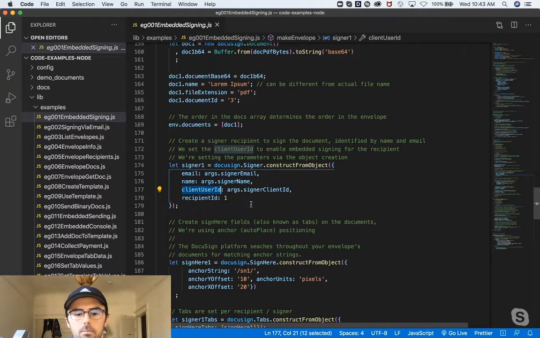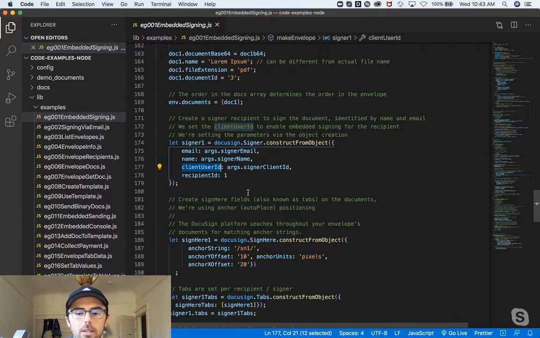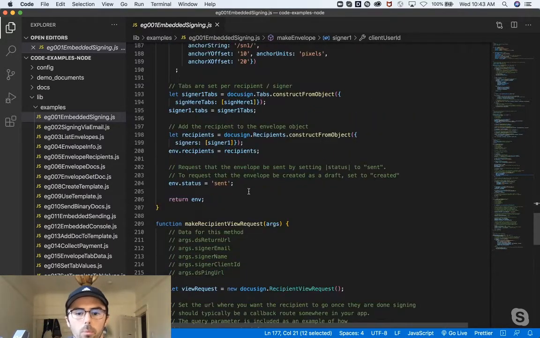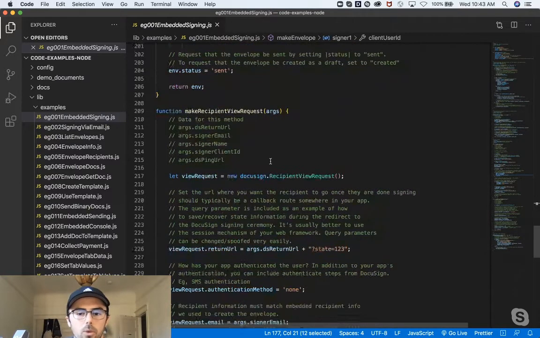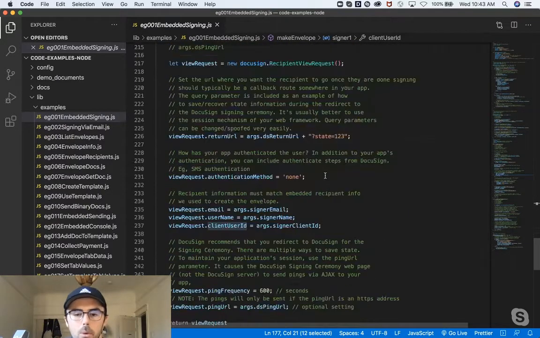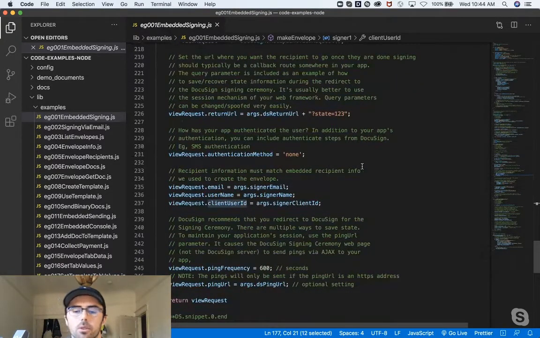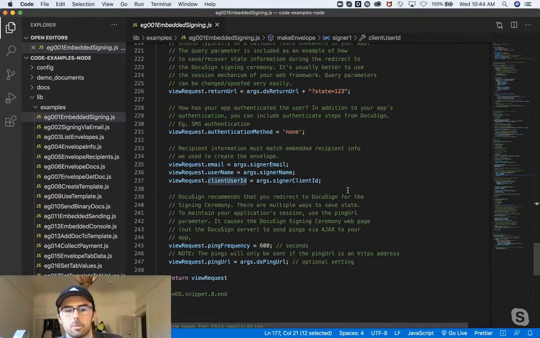Okay. And then the actual make recipient view request method is fairly straightforward. We'll call the recipient view request method, and then redirect our user, and pass in some state, whatever you'd like. You can even add authentication methods here. We talked about IDV. There are other types such as KBA, which is knowledge-based authentication. So if you store a secure or private string, let's say your mother's maiden name, you can ensure that your end user is who they say they are by matching strings. And yeah, that's the key difference between remote and embedded.